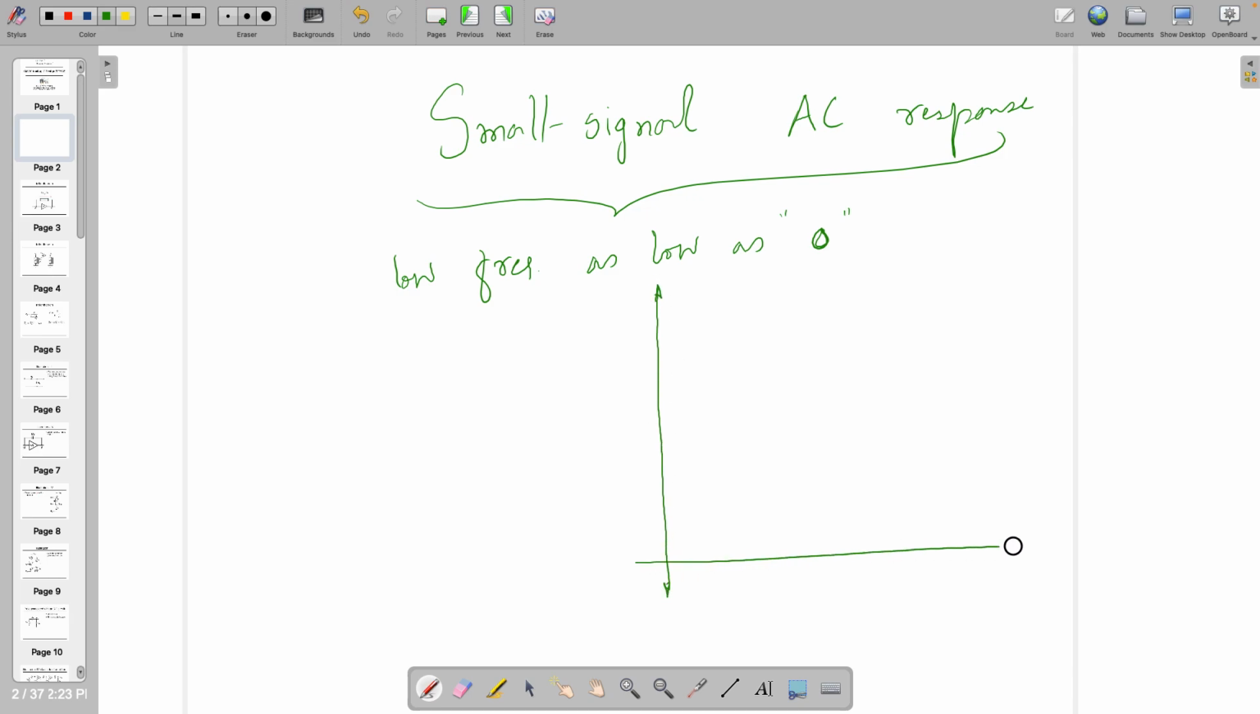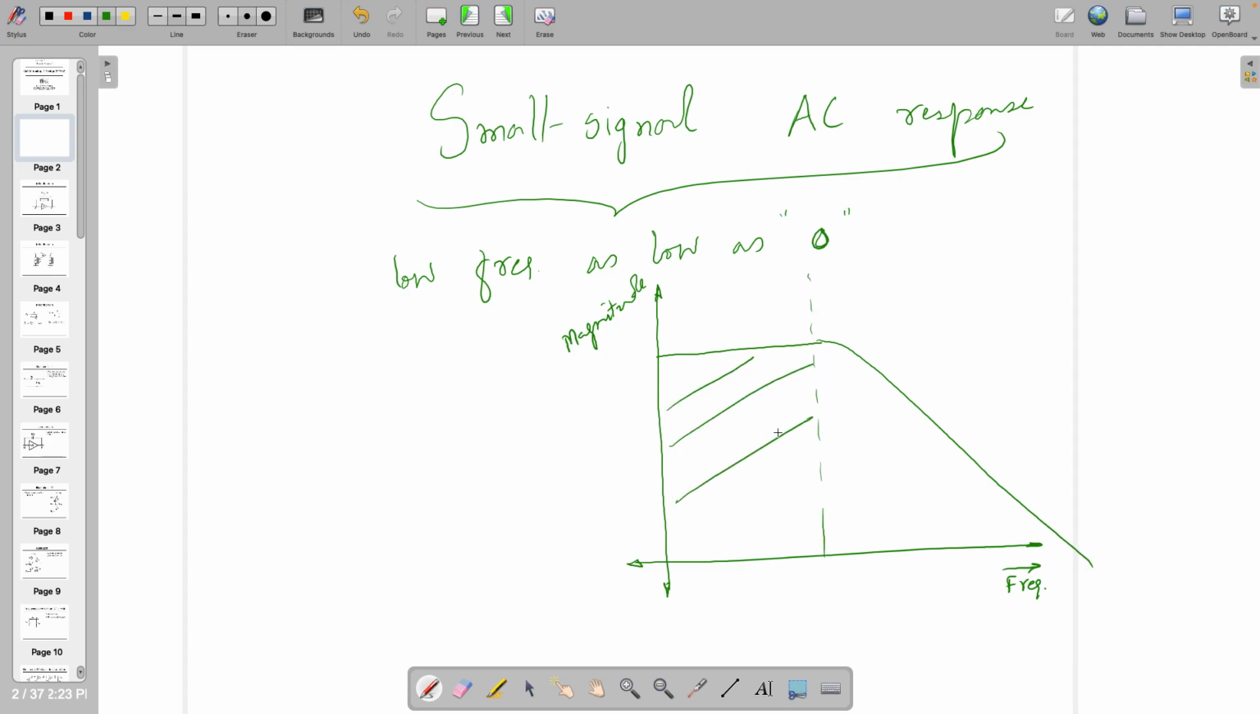What I mean to say, response is flat means if I have frequency with respect to magnitude, this is a very popular plot, you must have seen it in many places. I'm talking about the regime where the gain is flat, and that is what is referred to as small signal AC response, where you are not going to see any pole or zero, right? Wherever the poles and zeros are coming, that is what we are now going to study, and then we are going to say that